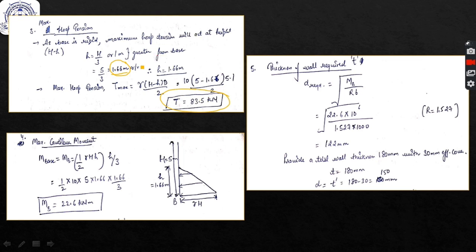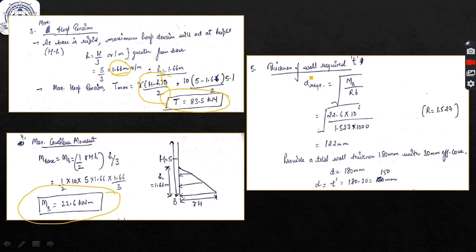Keep noting the differences. First difference, gamma h minus h into d by 2. Now second, the maximum cantilever moment will be acting at the base due to this pressure. So this value is gamma h and this is small h. So the force will be half into gamma h into small h, and the lever arm of this force will be h by 3. So the moment will be half gamma h into h by 3. So we calculate the maximum cantilever moment at the base.